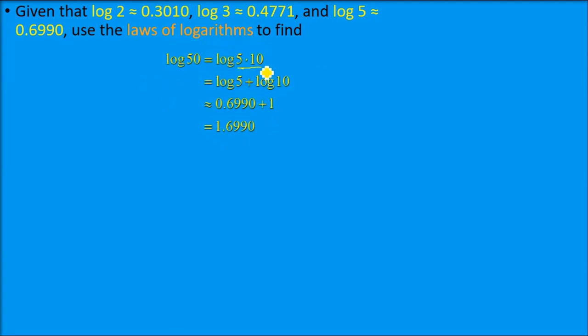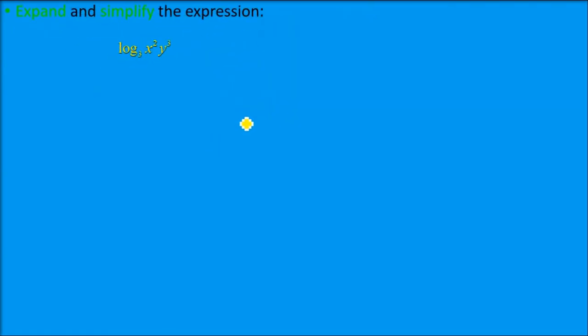Log 50, that is 5 into 10, you can write. Log 5 plus log 10. The log 5 value is known. Now see log 10. Since the base is 10, when the base and the value are the same, it is going to be 1. So log base b of b is 1, simply b to the power 1 is b. If it would have been e, the result would have been different. Okay, this is the final answer.